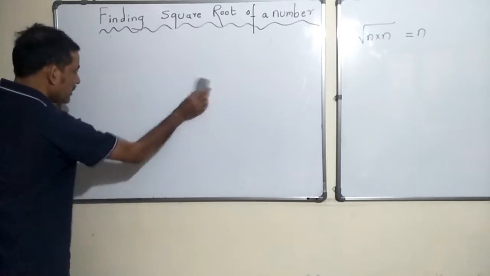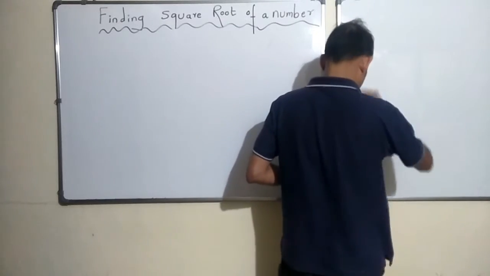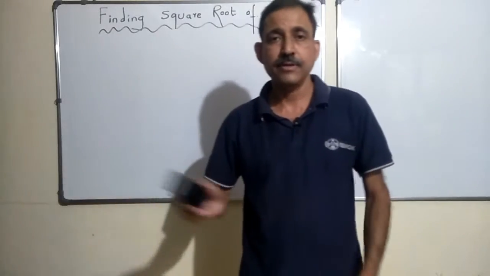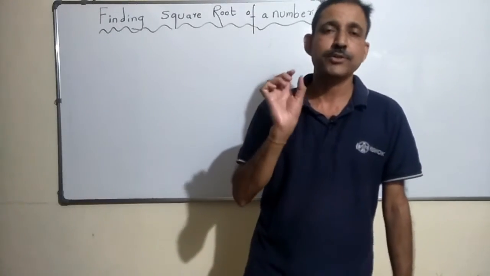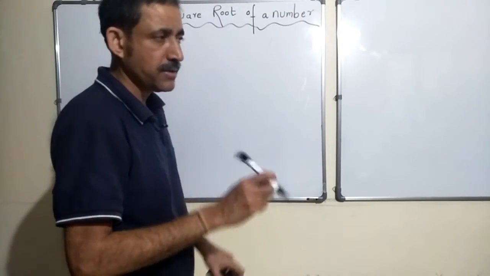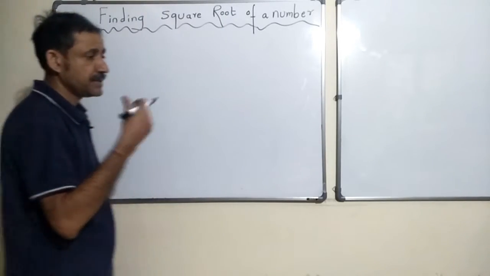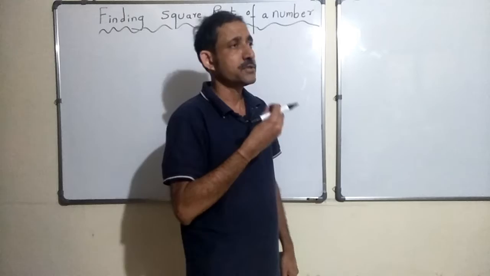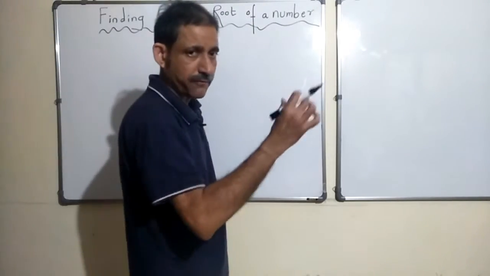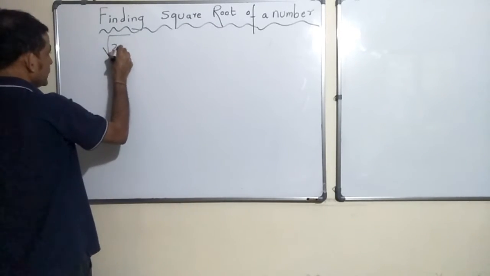Okay, now one thing you would have noticed while finding out the square root using the prime factor method is that grouping is required. So grouping has to be successful. If it doesn't group, then you cannot find the square root of a number. That was the reason why we initially said let's find the square root of a perfect square. In the case of a perfect square you will see the grouping of numbers. If you have not understood, let's see what I am talking about.